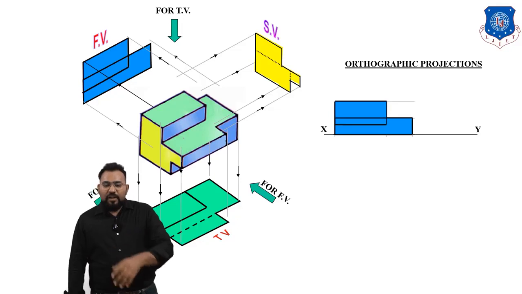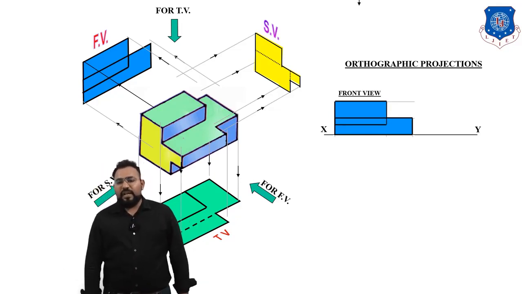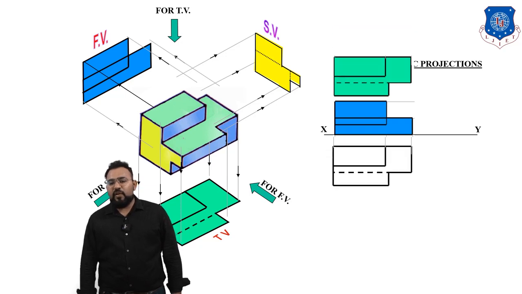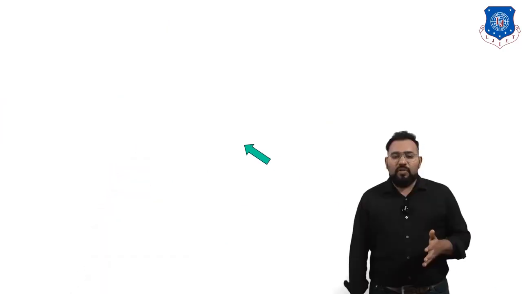Now let's see, for drawing the front view and top view, what will you do? First draw the front view, then take projections from every side and corner, then draw the top view. Then you can draw the vertical x1 y1 line, and then you can draw the left hand side view. So this is how you have to do it.